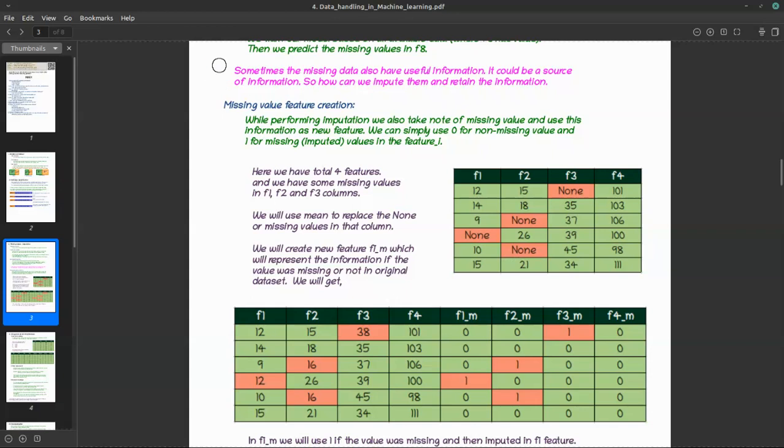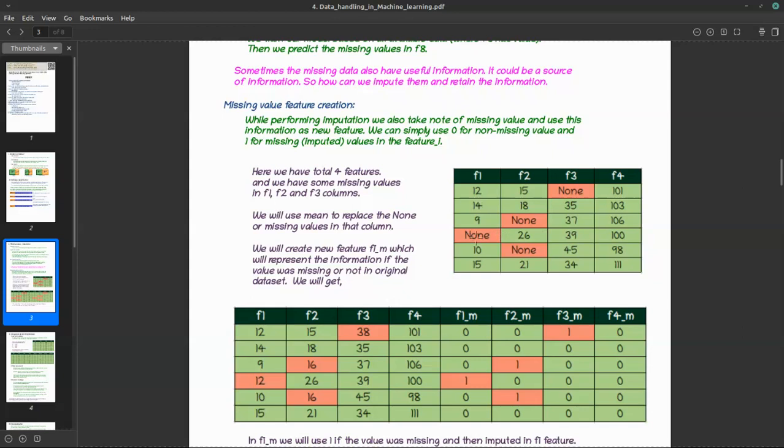Now, there is one observation in machine learning, that sometimes this missing data is some kind of information. Let's say we are taking a survey, and in that there is a gender column, and it's optional. Sometimes you will have male, female, or other, or sometimes you will simply have null. That person is not ready to disclose the information. It's null, but it is some kind of information. It's possible that it indicates a particular type of category, some introvert or some kind of disease. I'm just making up this example, nothing else.